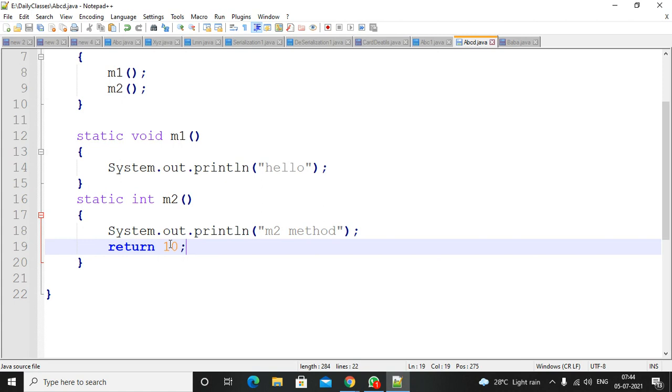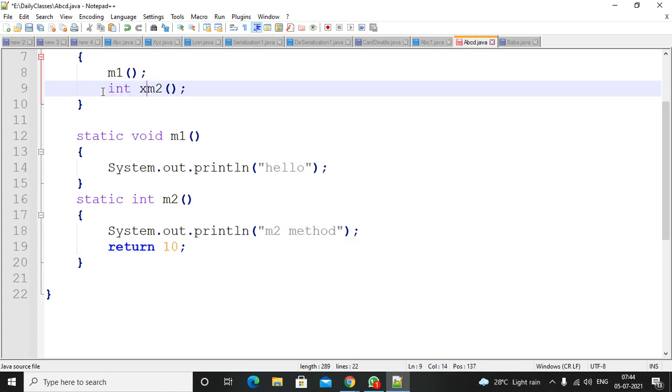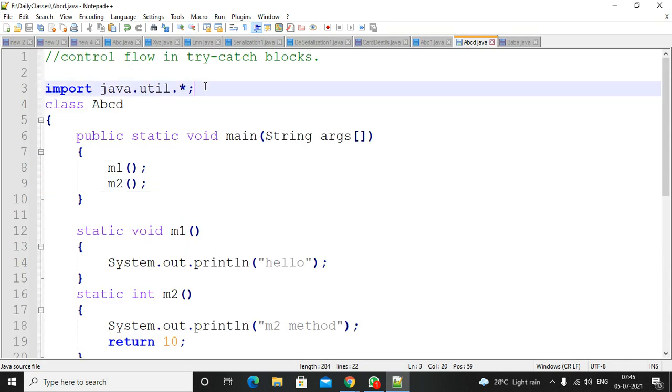If you want to store this value, you can take one variable here and store it. If you don't store it, nothing will happen. Just call it like this and we will check whether it compiles successfully or not.